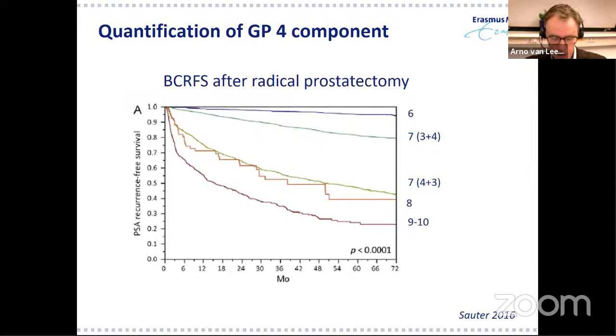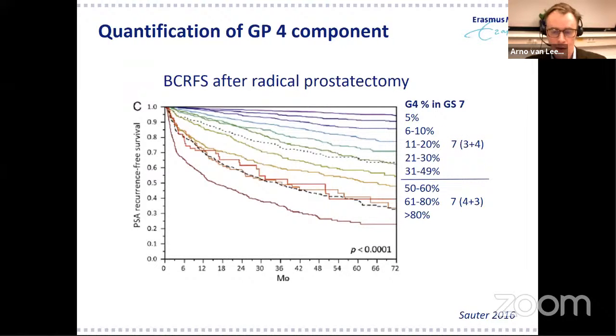And that was nicely shown by the Martini Clinic in Hamburg. In a set of more than 12,000 radical prostatectomies, they studied the impact of percentage Gleason pattern 4. Typically, standard biochemical recurrence-free survival curves go like this. However, if they took percentage pattern 4 into account, the curves looked like this. We can see now that biochemical recurrence rates increment with increasing percentage of Gleason pattern 4 in the radical prostatectomy